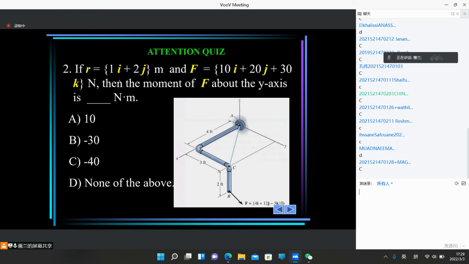If the position vector R is given as 1i plus 2j, and F is also given as 10i plus 20j plus 30k Newton, then the moment of F about the y-axis is, can you calculate? The force F is given, and R is 1i, 2j. This about the